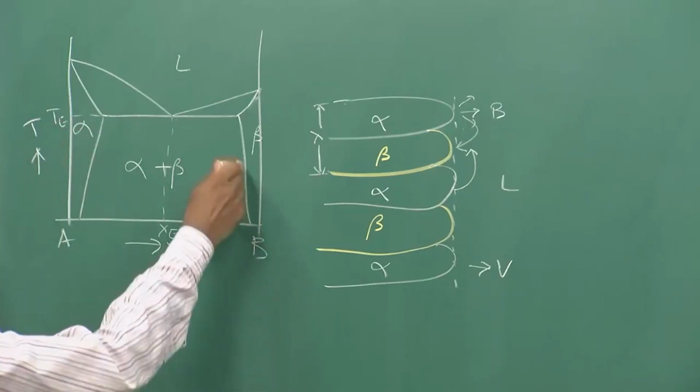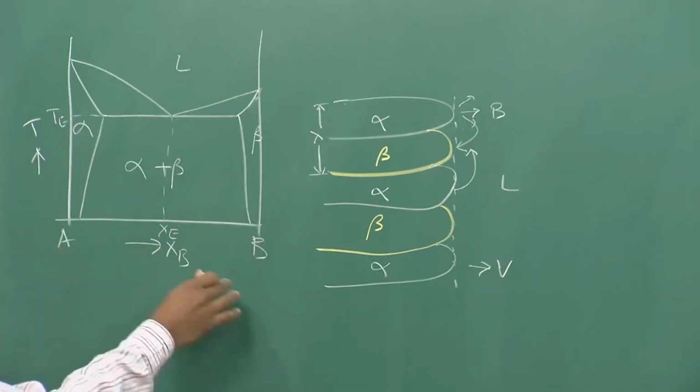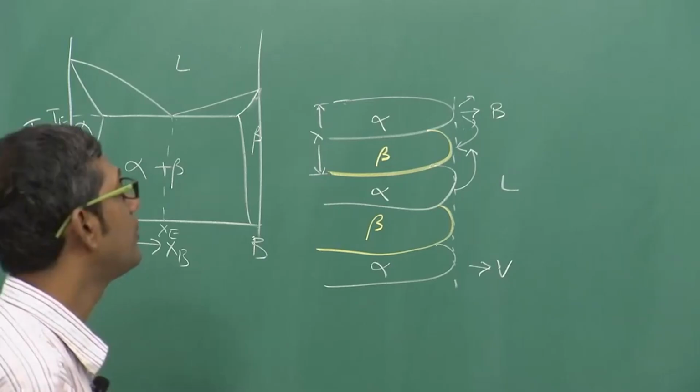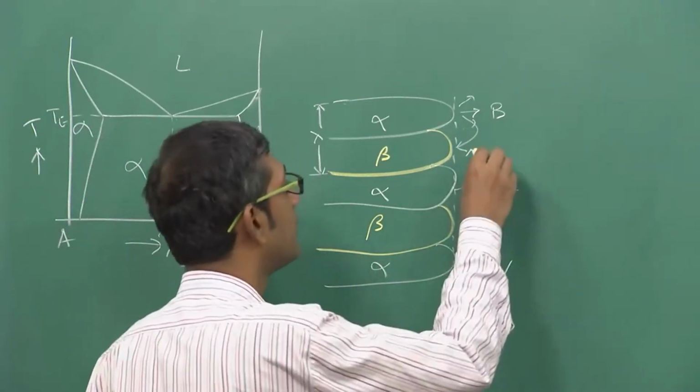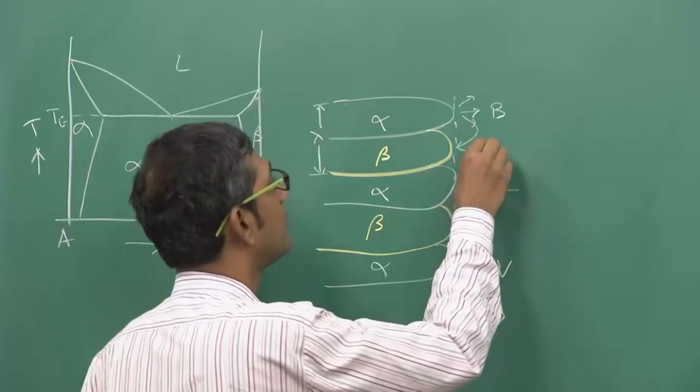Because beta is B rich, so therefore extra A has to be rejected into the liquid, and this A can then be transported to the